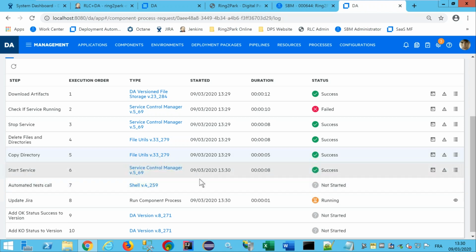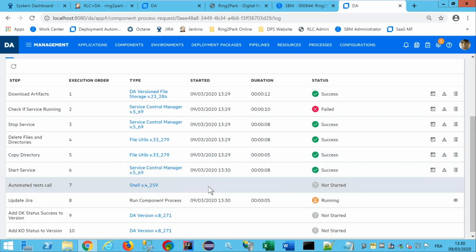And you see here, the automatic test call is not started because in the process, we have defined that those tests are only for the integration environment and not for production. So same stuff, we will update the Jira ticket with the expected information. And we will update the status of the application version itself.